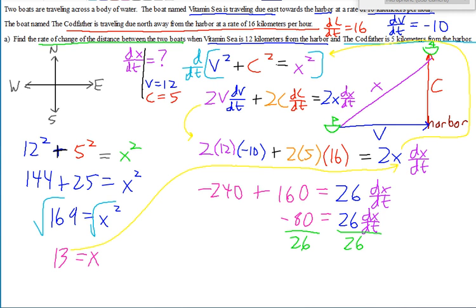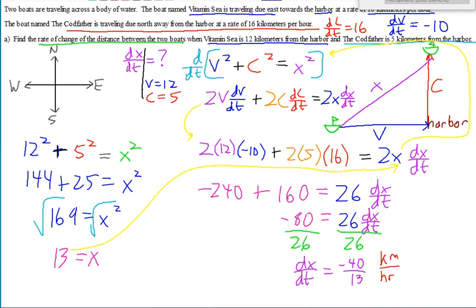So you can reduce that. Those are both even numbers, so you can divide by 2. And dx/dt divided by 2, that's negative 40 over 13. And then the units on it. Well, the units for x as a distance would be kilometers, and the units for time, the hours. And now here, unlike the last problem, notice we got a negative answer, which means the distance is